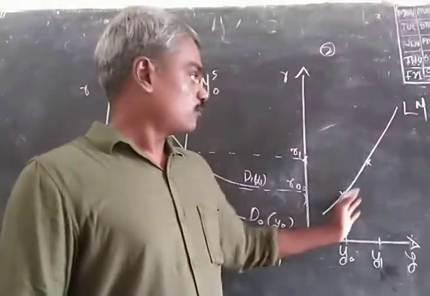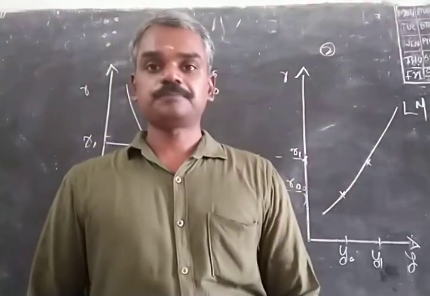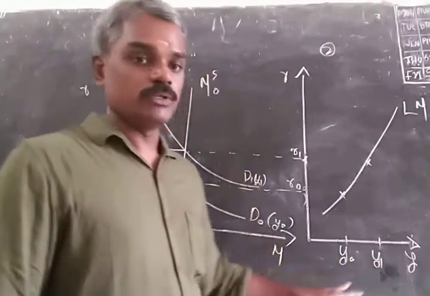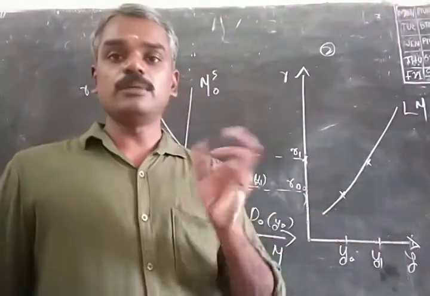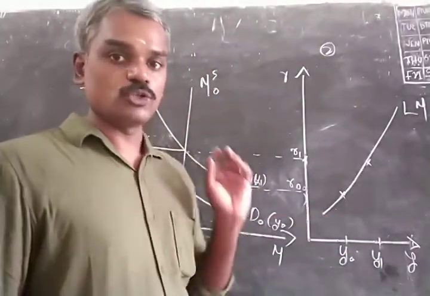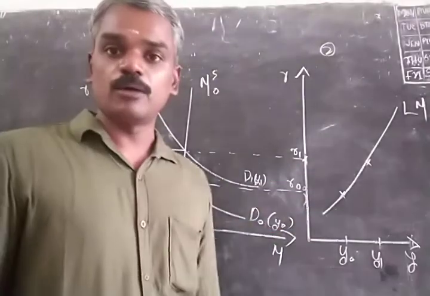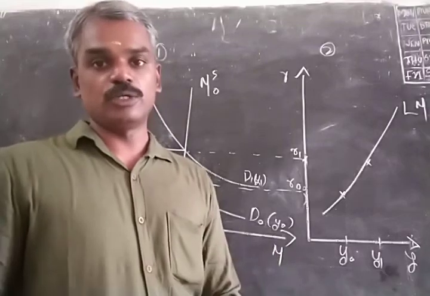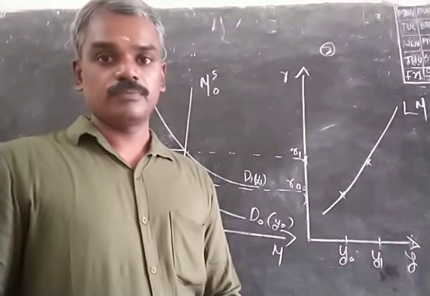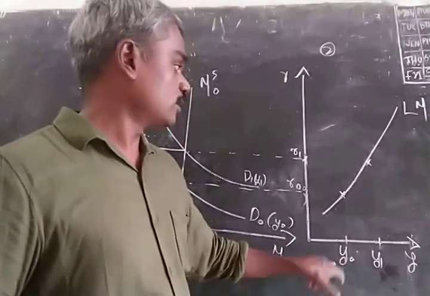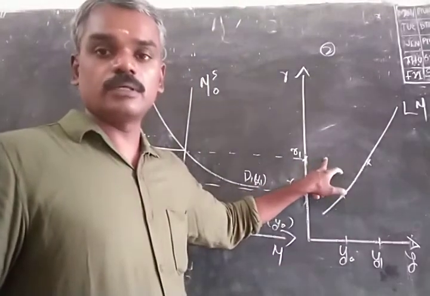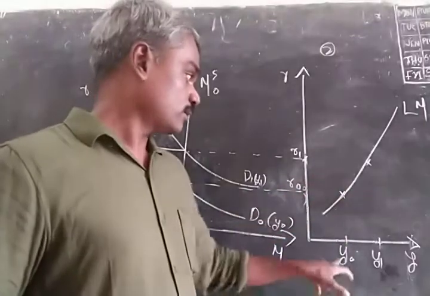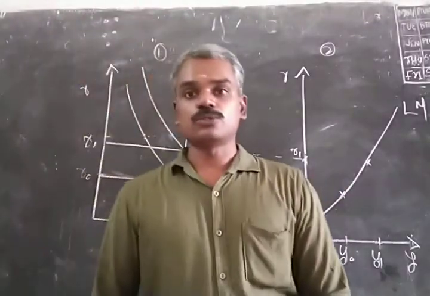And why is this LM curve sloped upwards? It has a positive slope because a higher level of income, which causes inequality between demand for money and supply of money, should be compensated by a higher level of interest, which reduces demand for money through a reduction in speculative demand for money. So a higher income is only consistent with a higher rate of interest in the money market for it to be in equilibrium. So the LM curve has a positive slope.